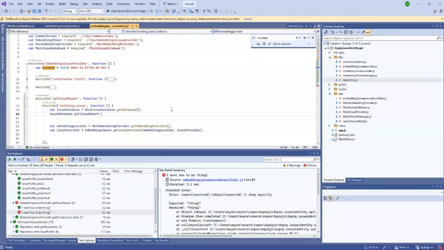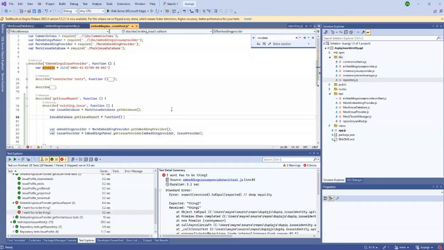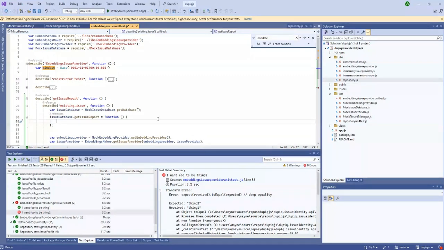So I'm actually defining this now. I know what I want it to be. It's not as if I'm just totally making this up as I go, because I've thought this out a bit. But basically, we're saying we're going to pass it, and I use this kind of shorthand when I'm doing the mocks. I use a more full description when I actually write up the real method. But we're going to pass it an ID of a tenant, an ID of a project, and an ID for the report. Okay, and what it is going to return